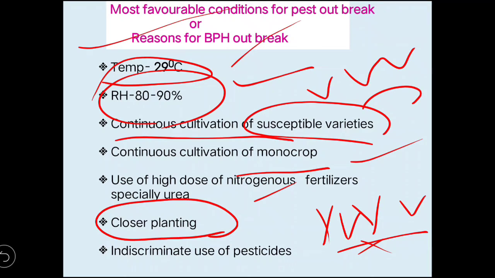Then indiscriminate use of pesticide. Indiscriminate means using too much. So if you are following this, then BPH will occur. If you avoid this, BPH